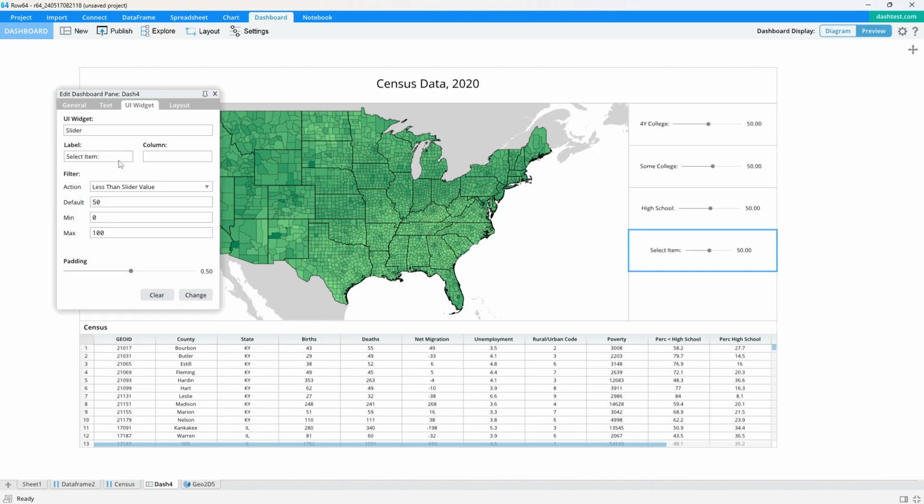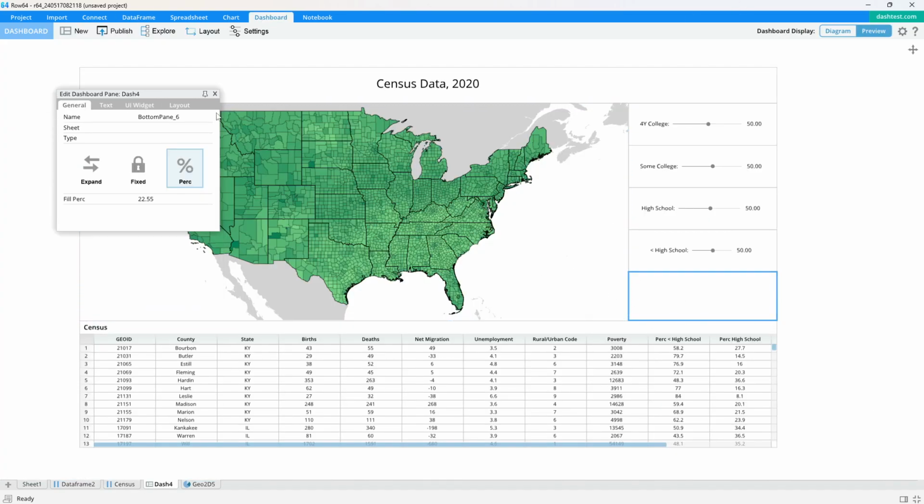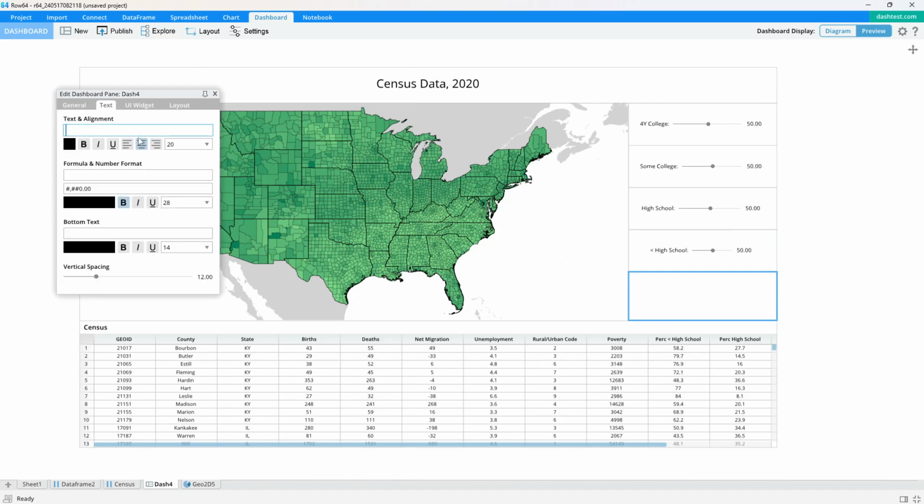And this one, same thing, but it's less than high school. Okay. Less than high school. Gotta spell it right. And we'll link up to that column. Less than high school. Okay. And so finally this one, this is just the standard thing. We want to count the number of counties. So we'll just say count,